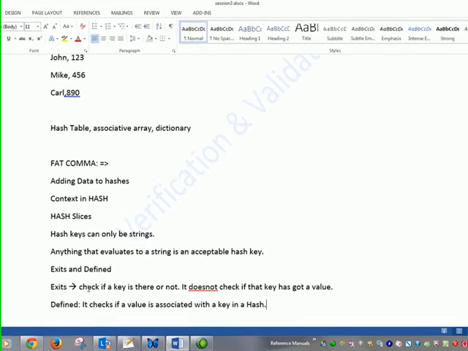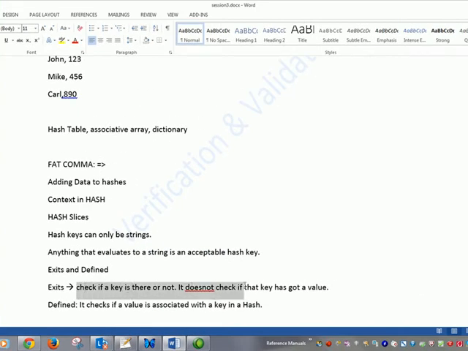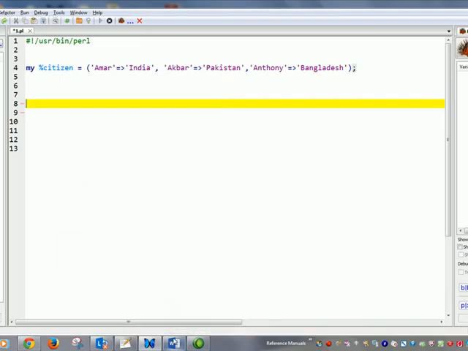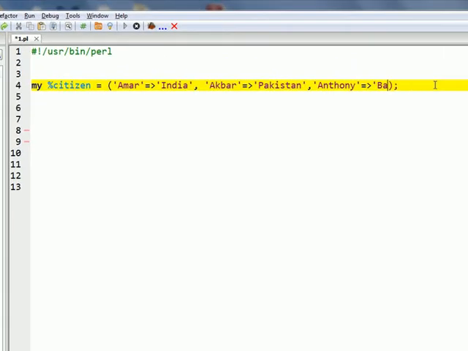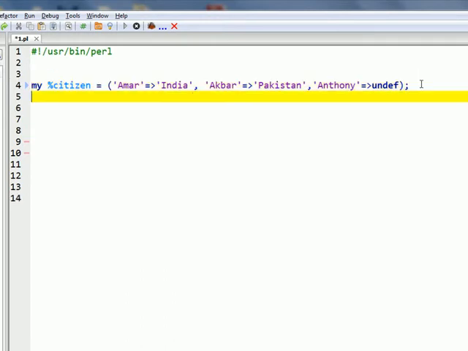So exists checks if a key is there or not, it does not check if that key has got a value. Undef means it does not have a value, it is not initialized.